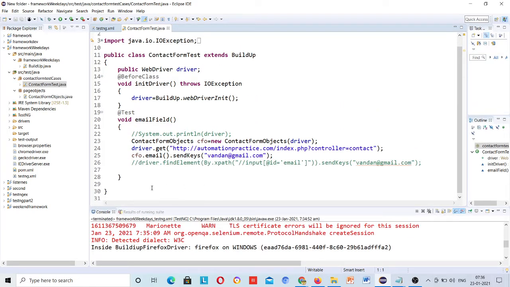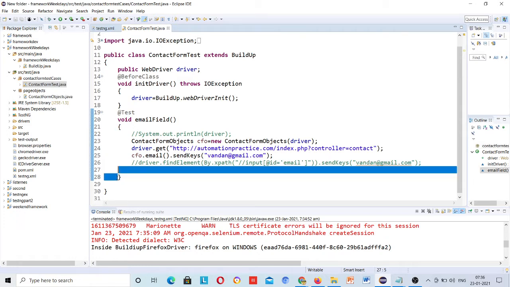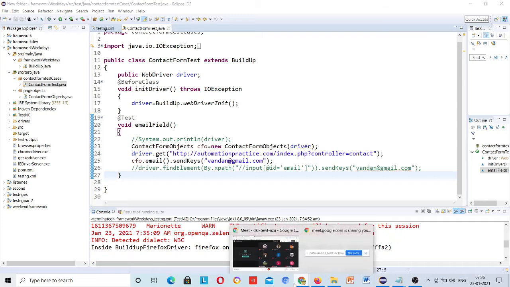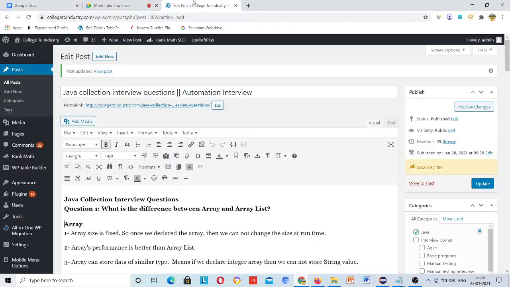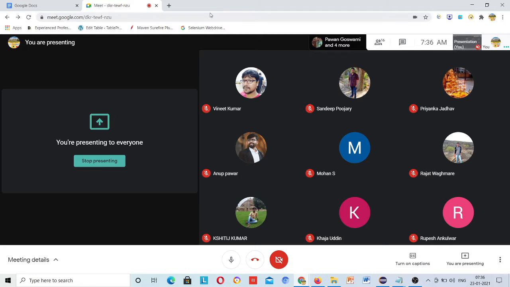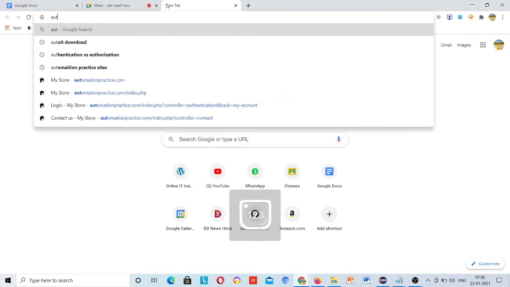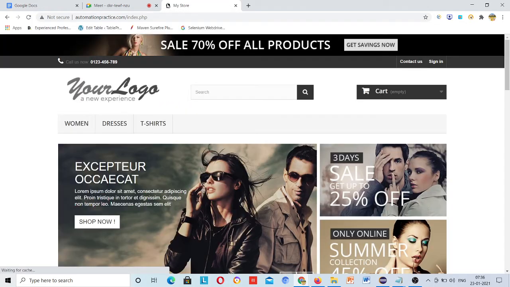You need to create one more test case. This is the base of the framework. Suppose tomorrow you have to test this whole application, automationpractice.com. First you need to write hundreds of test cases, and you need to know the working of the page object model.